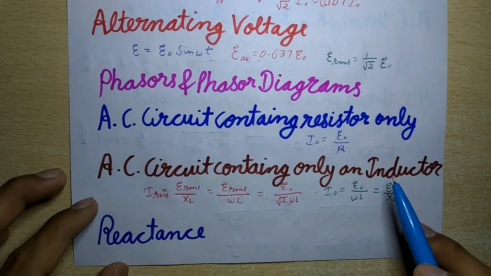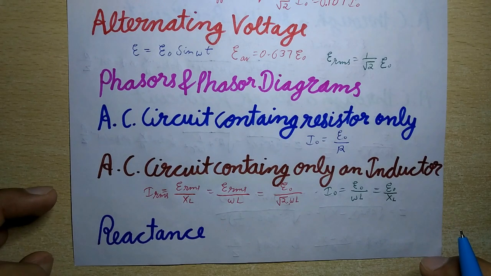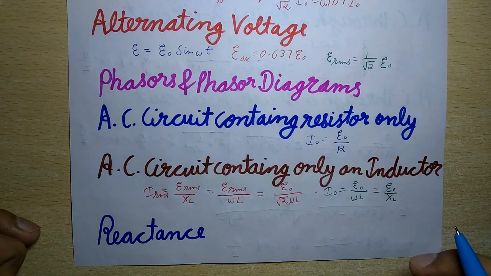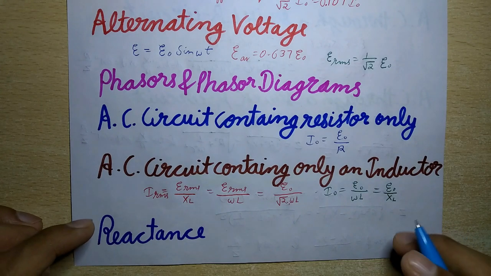Now next is AC circuit containing only an inductor. An alternating voltage E = E₀ sin ωt applied to a pure inductor L drives the current I = I₀ sin(ωt − π/2) in the inductor. The current in the inductor lags behind the voltage in phase by π/2 radian,